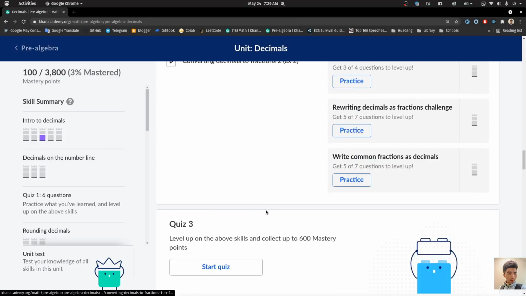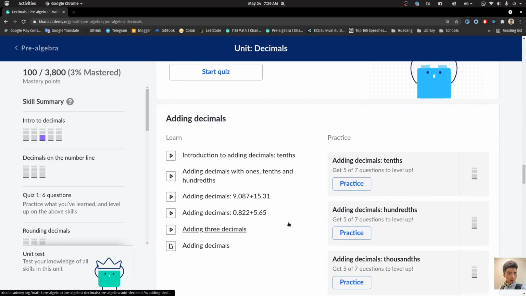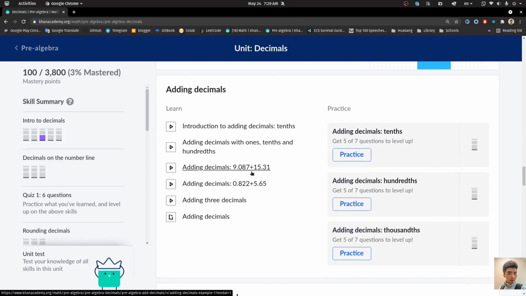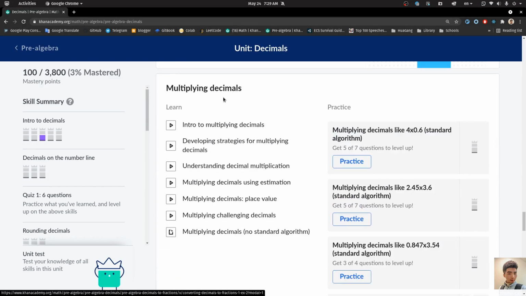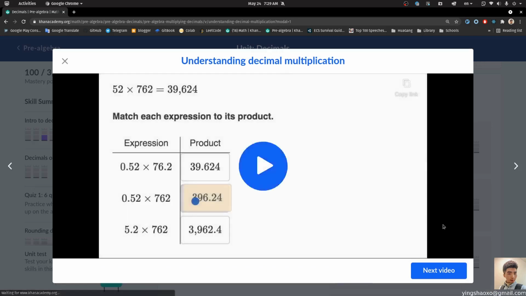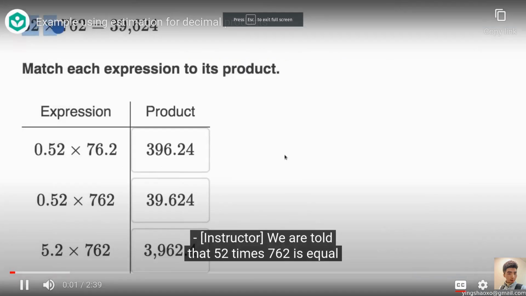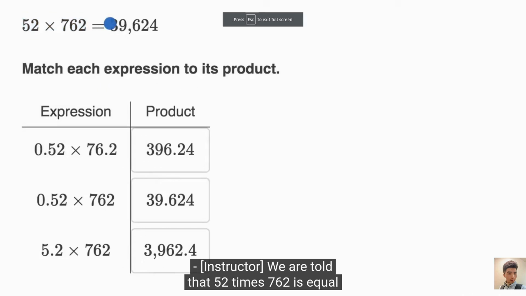Okay, that's quite simple and easy for us to understand. As for the adding, I guess you still do not have to know the details about that because Python handles it for you. How about multiplying decimals? This is kind of important for you to understand because sometimes you have to do it by yourself. 52 times 706 is equal to